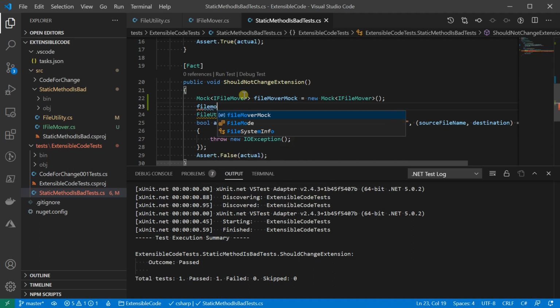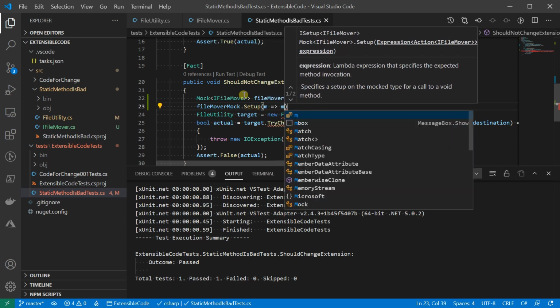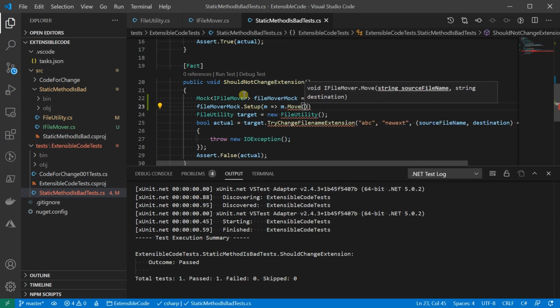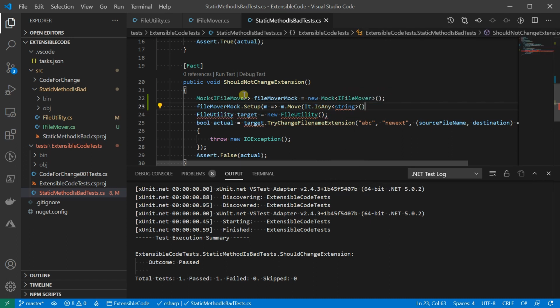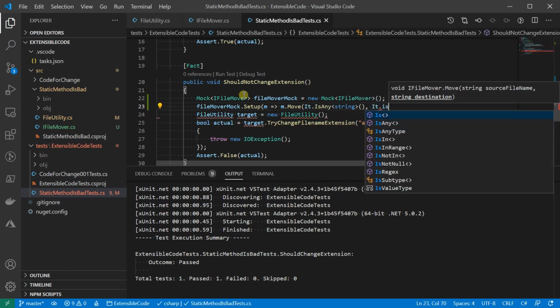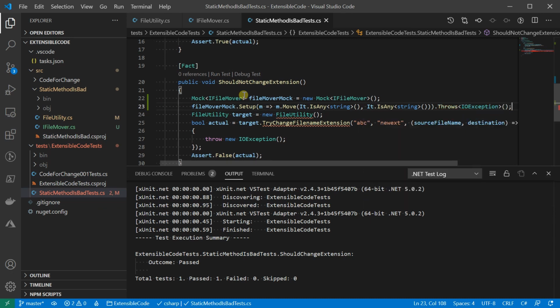One step I'm going to add here is I'm going to set up the mock so that whenever the Move method is called with any source file name and any extension, I'm always going to throw an IO exception like this.